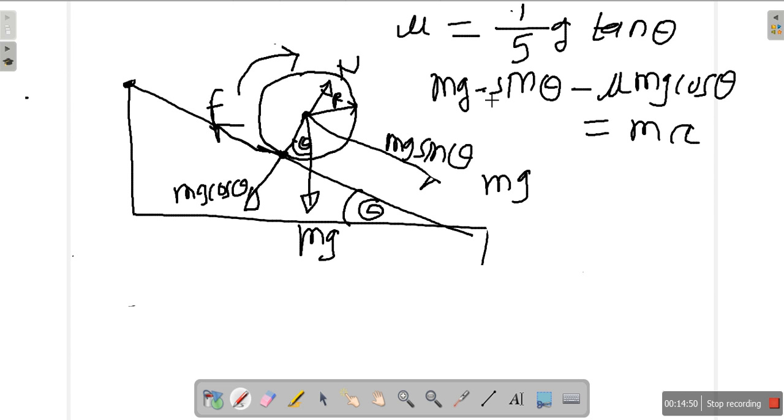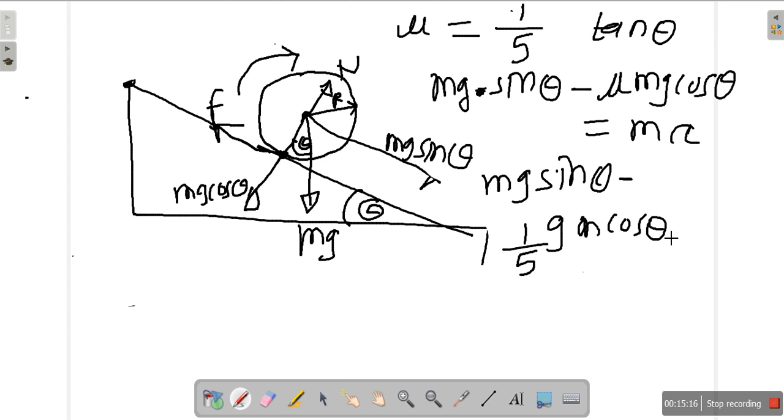We will get mg sin theta minus mu, which is 1 by 5, not g, sorry, into g into m into cos theta into 1 by 5 into tan theta